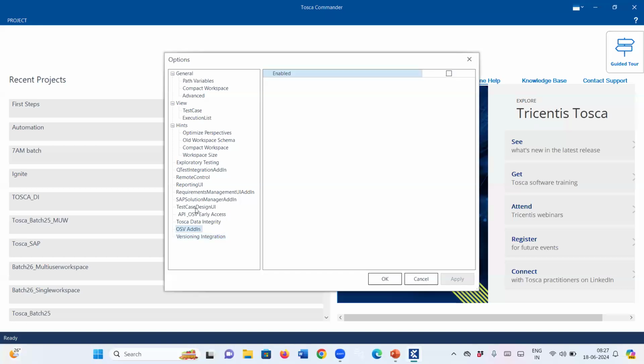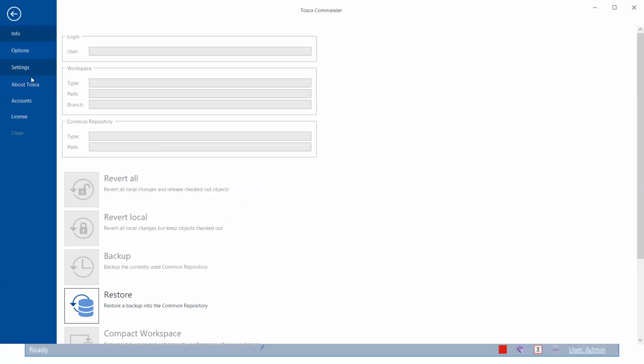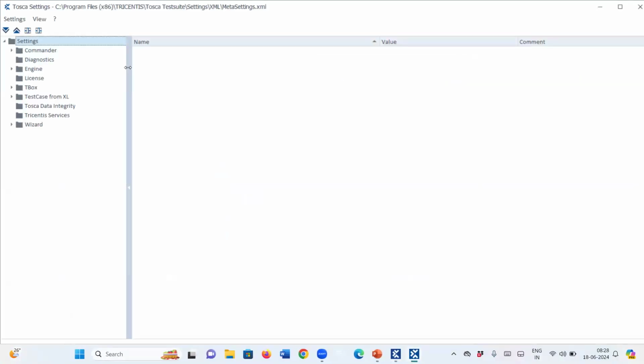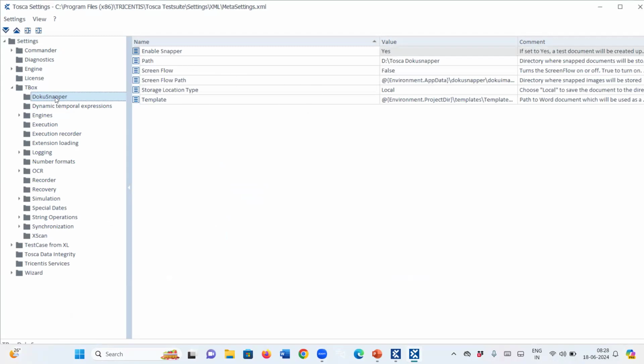All of these version controls, everything you will have. These are not that important, but the architect will set them, and you won't touch them since it is a multi-user workspace. The next one is settings, very, very important. When you are doing any settings, it will impact the whole project. We have some TBox engines. See the Doco snapper, it's very, very important. Yesterday somebody asked me a question: if you want to take a screenshot of each and every test step, then you will go